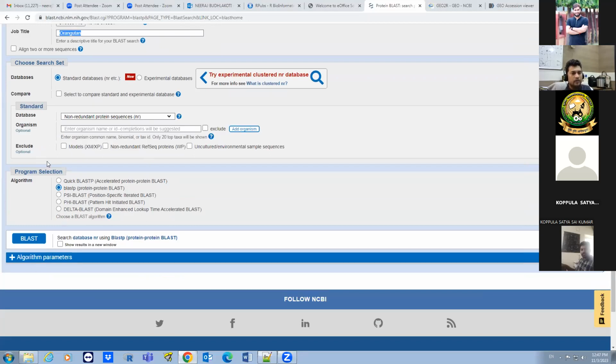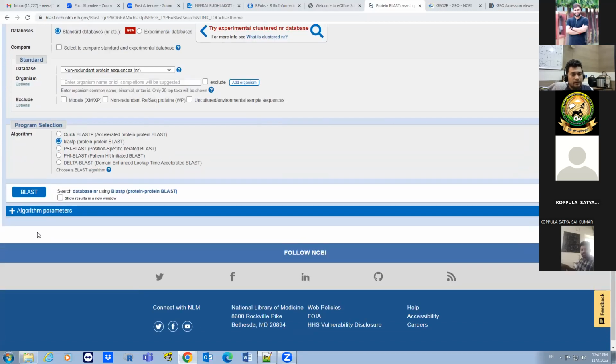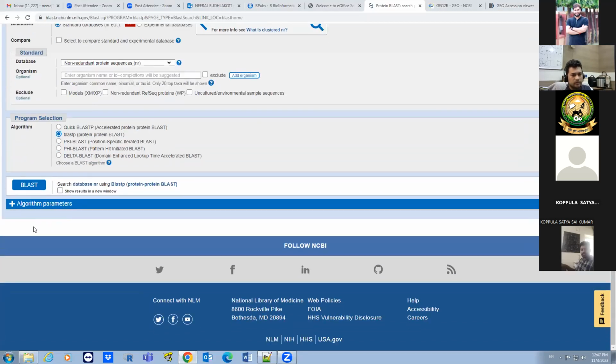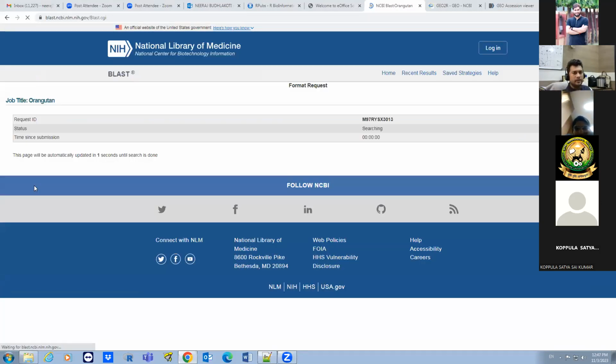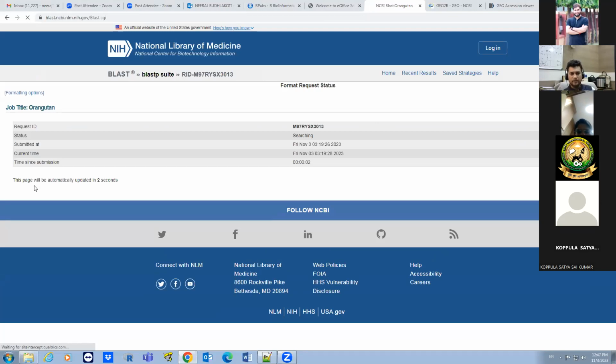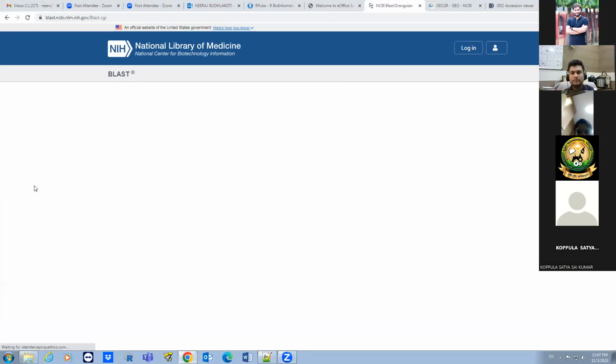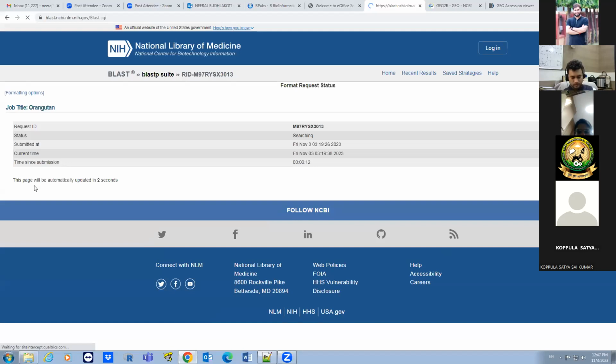You can have other advanced parameters like algorithm parameters if you want to customize. Otherwise, if you do not want to be very specific, you can leave them as such. So in this way, you can utilize all the NCBI utilities like BLAST and GEO2R. It took certain time.